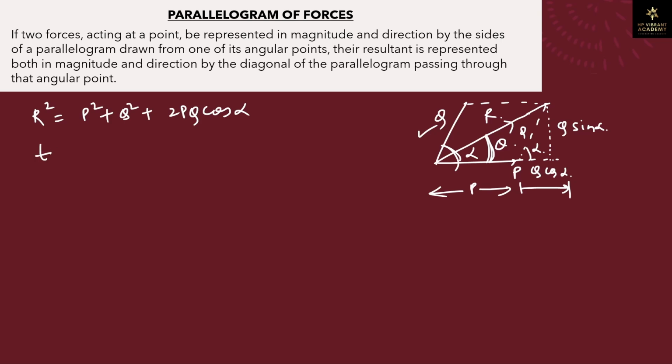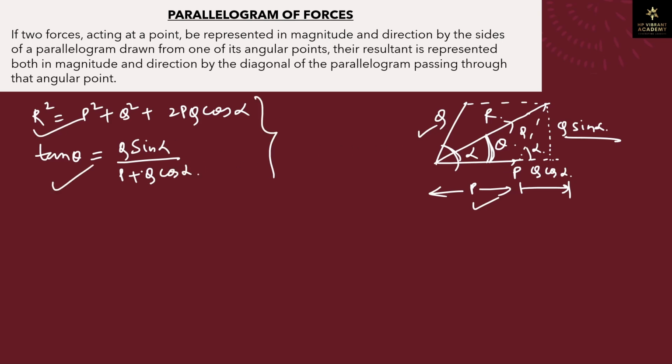So we have tan theta is equal to Q sine alpha upon P plus Q cos alpha. So the magnitude and direction of this resultant R is given by this particular expression. Okay, so we have the case 1 as